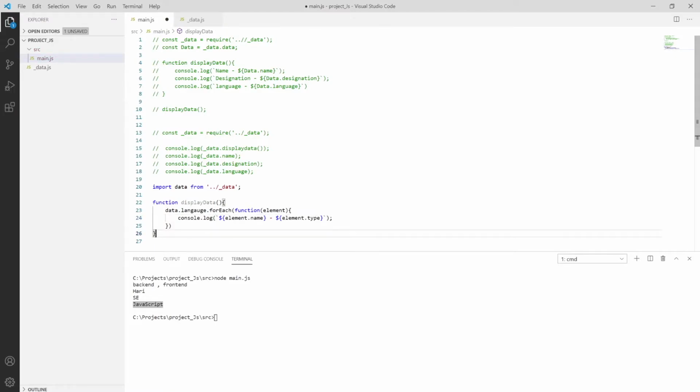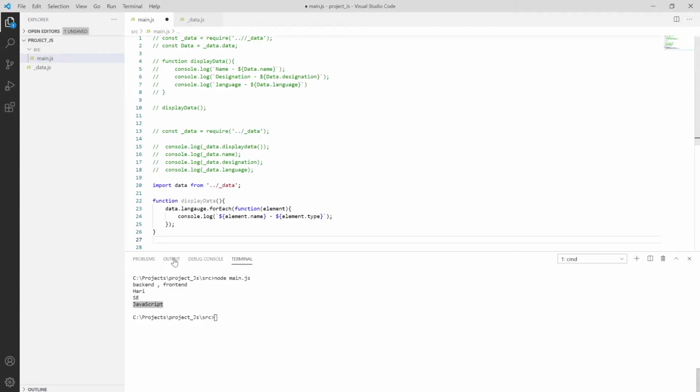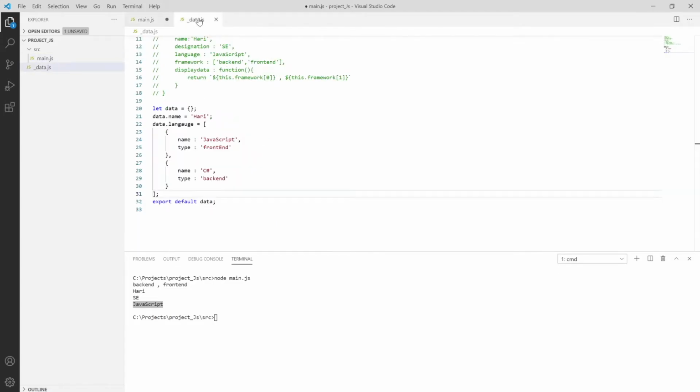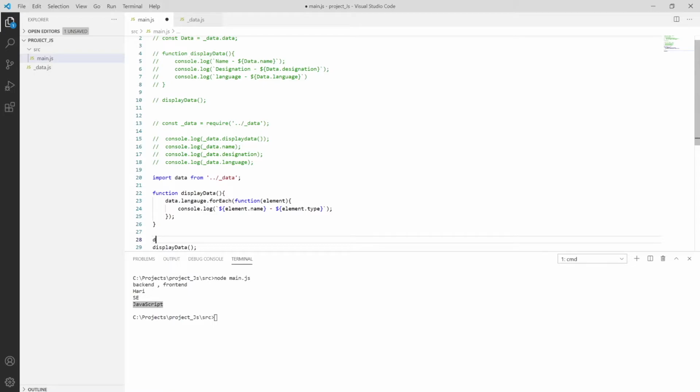So let me save this using Control S and try to run this by calling displayData as a function. Before calling, I want to print the name, which is this thing, Hari. So how can I print? I'm printing using console dot log, which is data dot name. Over here, save it using Control S, clear the console using CLS, and run this using node